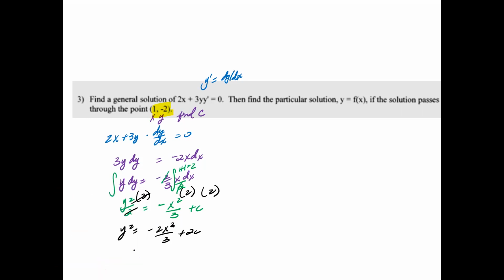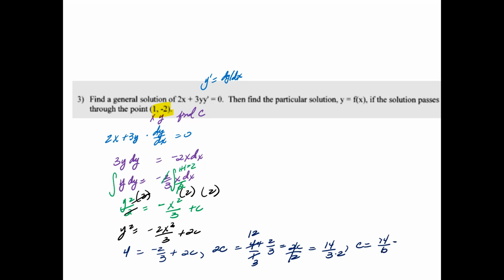So I know that my y is negative 2, so that's 4, equals 1 squared, which is just 1, times negative 2/3, plus 2c. Let's add that over. So you have 2c on the right side equals 4 plus the 2/3. If I make this a 3, this also becomes a 12, which then gives you 2c equals 14 over 3, divided by 2 on both sides. C equals 14 over 6, or you can go ahead and reduce it down to a